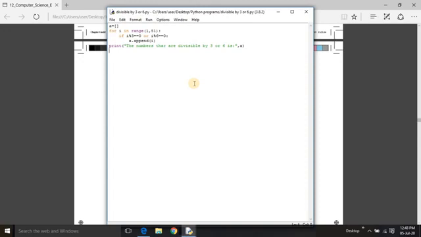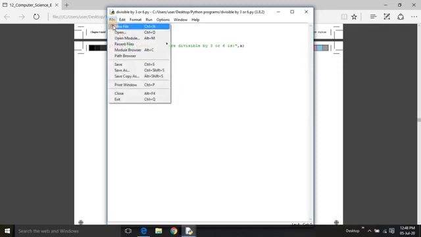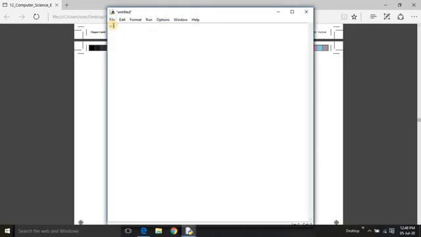Write a program that creates a list of numbers in the range of 1 to 20, then delete all the numbers from the list that are divisible by 3. So this is also very simple. First let us create an empty list, then for i in range numbers from 1 to 20, let us add those elements in the list.